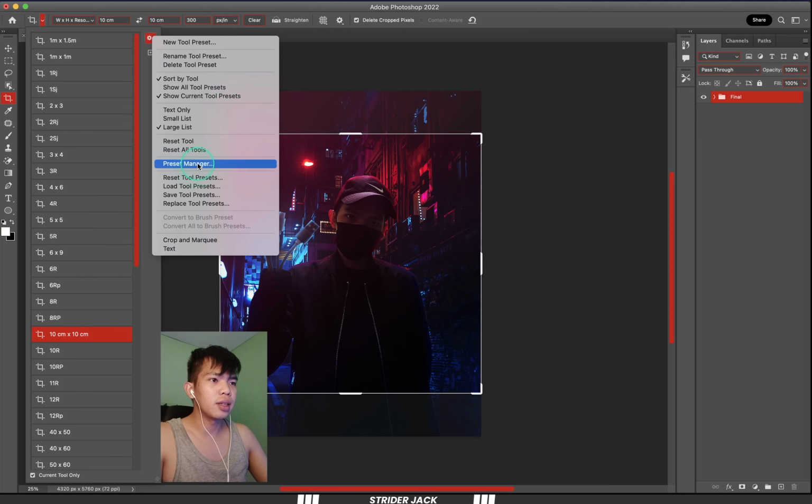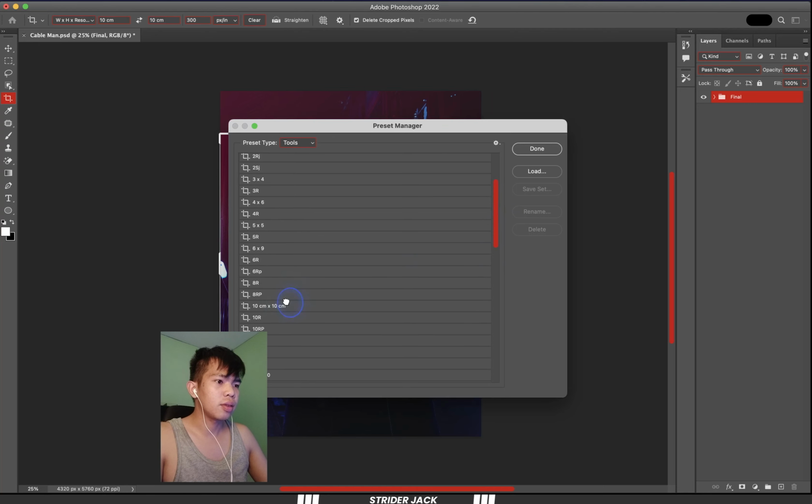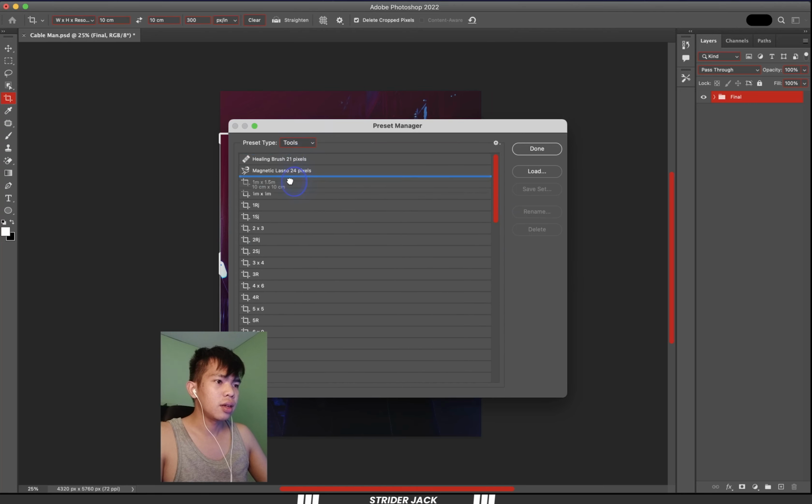If you want to arrange this, you can click this preset manager again, find this and you drag to this and you can click done. See,